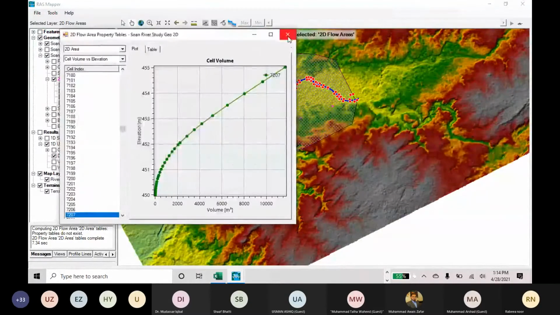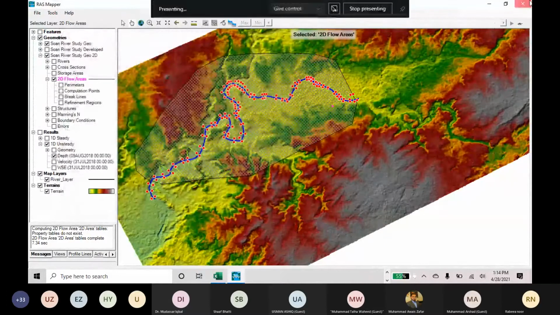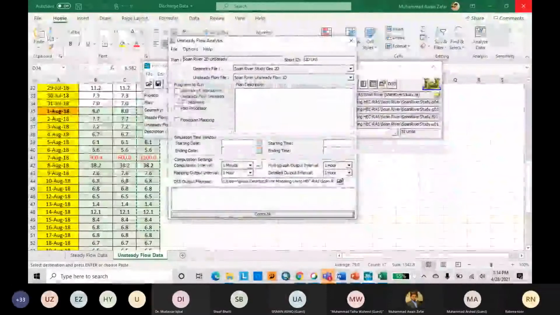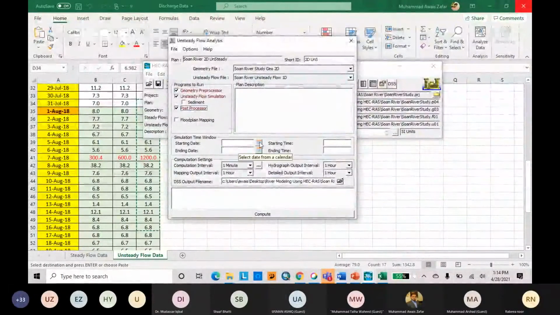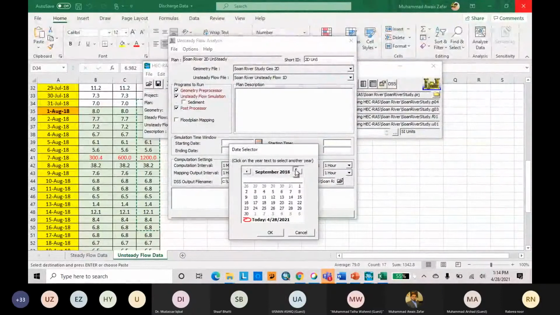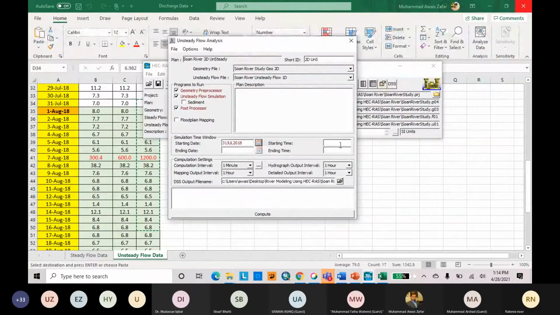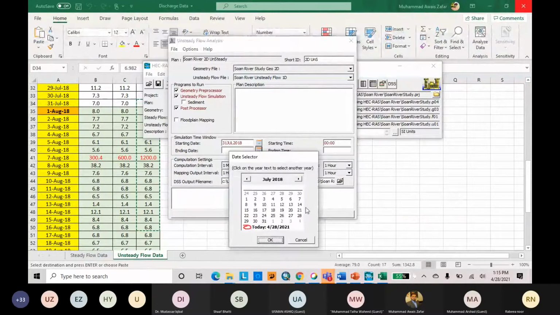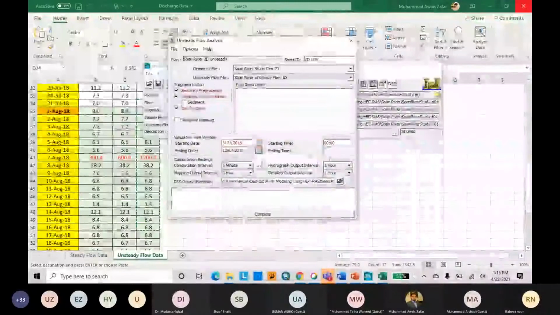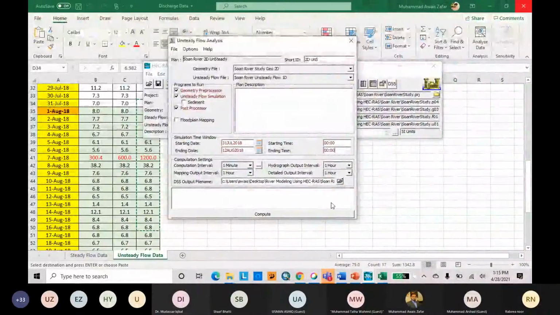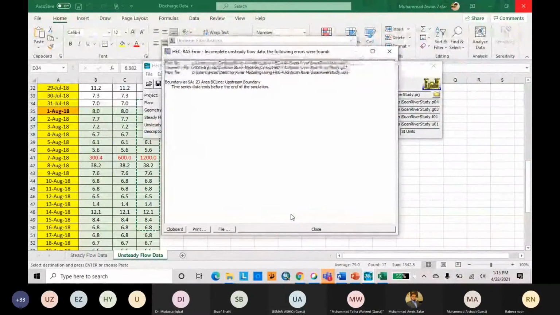Starting time. Ending time. Okay, we have to verify our data.